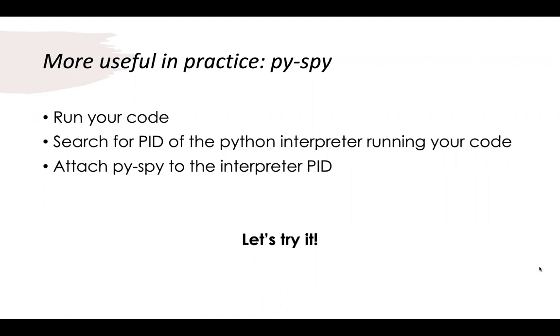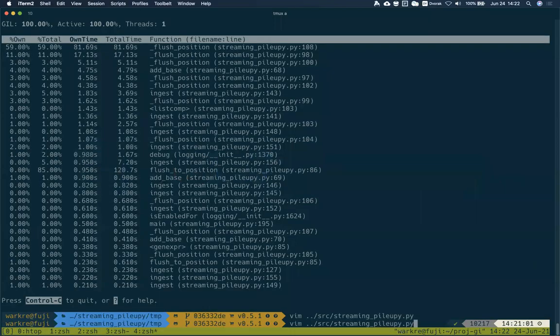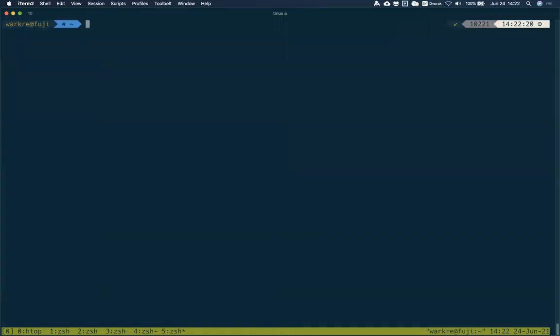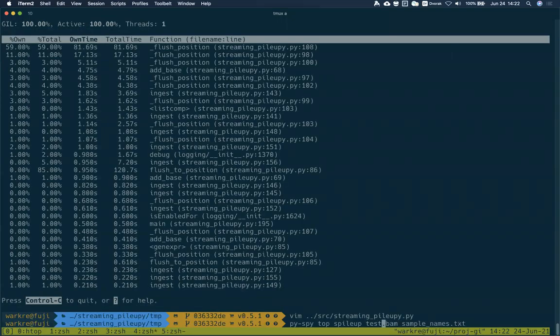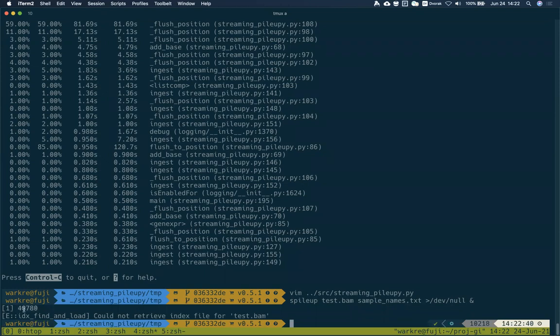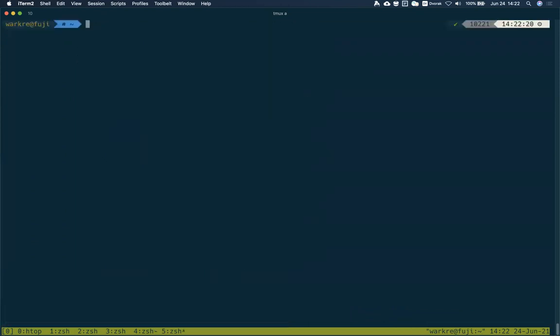Oh, okay, I should show one more thing. You can run the tool directly with py-spy top, but sometimes you've got a tool that's running in the background or that's already running, or maybe it's expensive to get running and you just want to dip in and see what it's doing. And PySpy is really nice for that as well. So I'm going to kick off this job in the background because that gives me access to the PID. Now this is running in the background, and I can go into a separate